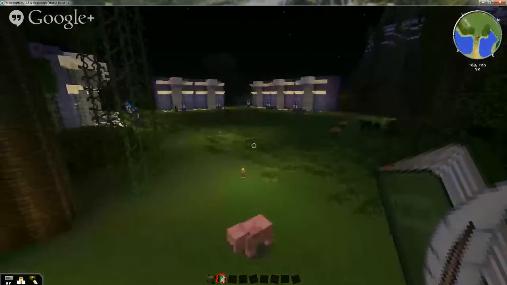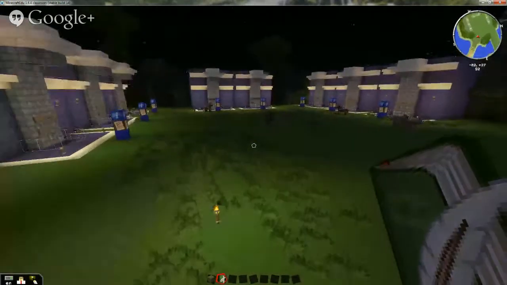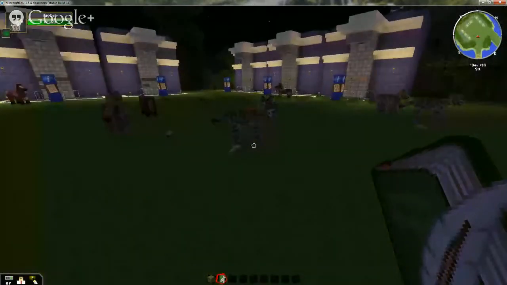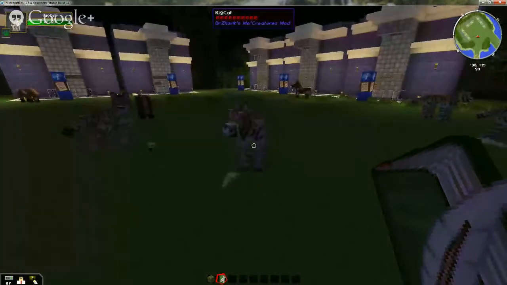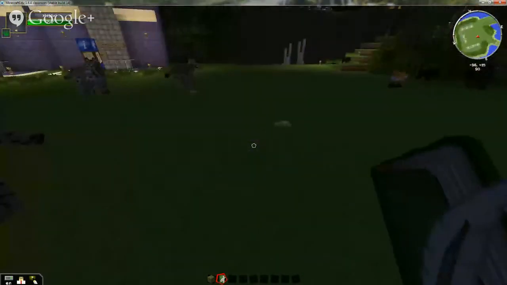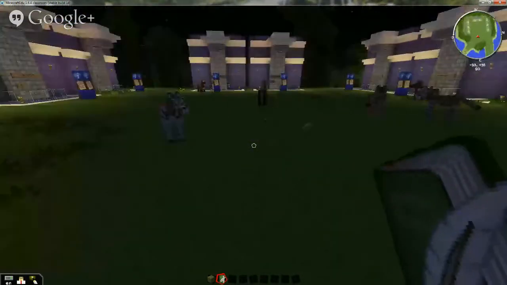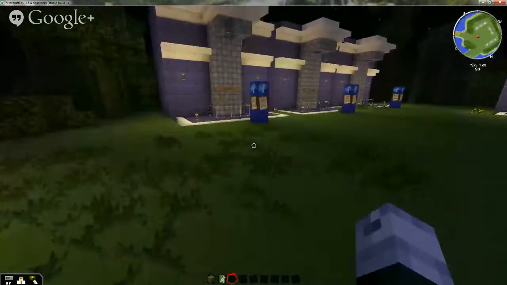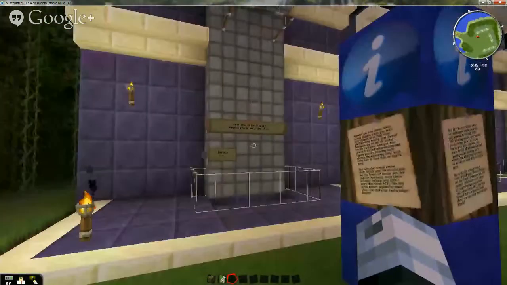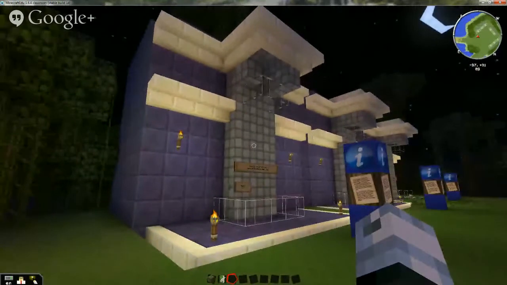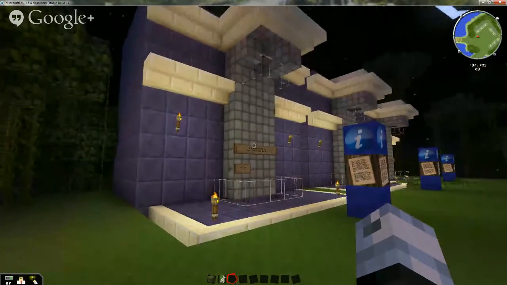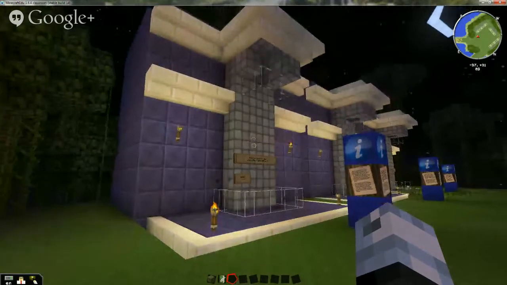All right. So what I've created here is... Oh my gosh, there's some crazy animals in here. By the way, this is a mod called More Animals. So there's all kinds of animals you wouldn't normally see in Minecraft, like tigers. This machine here was something that EduElfie created, and I recreated it using his YouTube video.